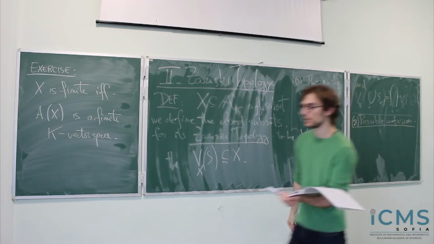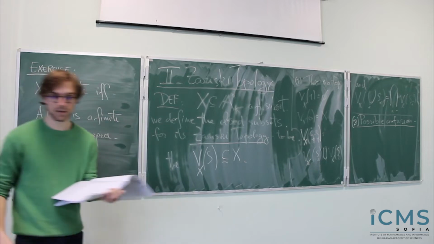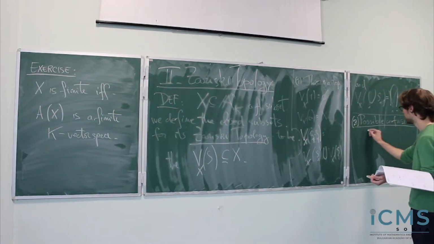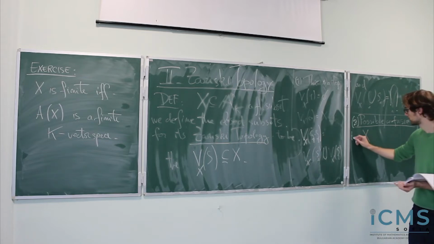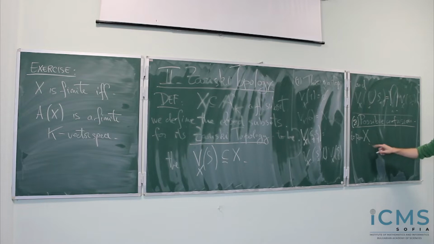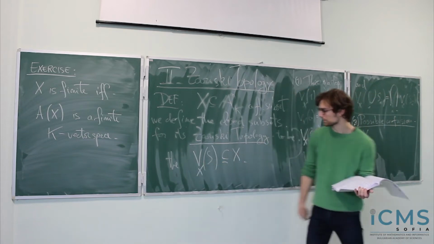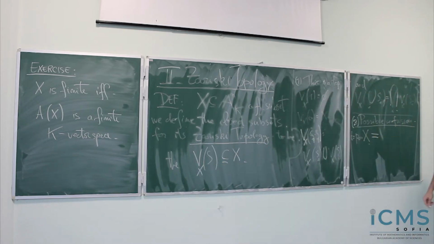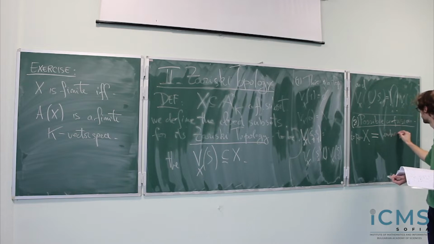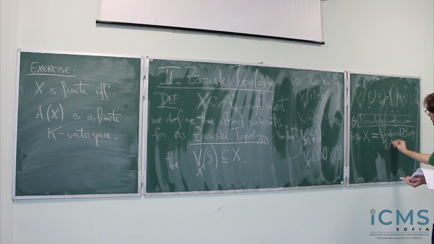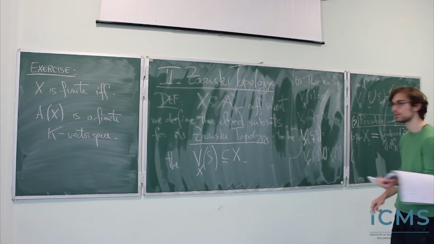Now, if I consider the topology on X defined by its relative zero locus, then it is also the induced topology from An of K. The induced Zariski topology of An of K on X. All right. The main reason for this is that